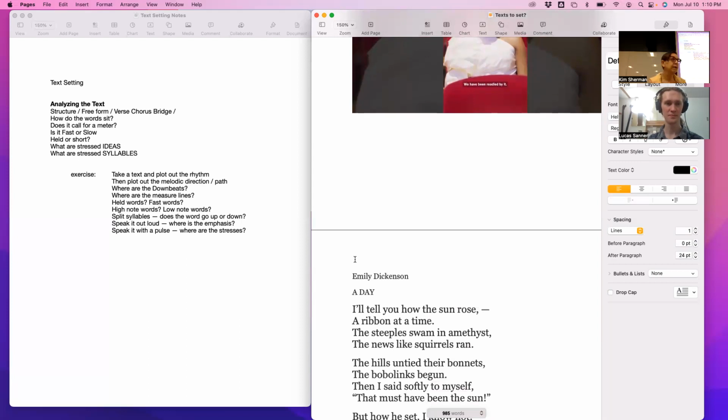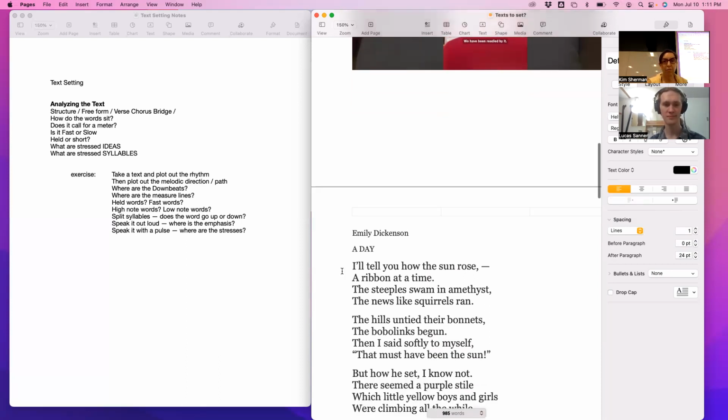Even if, a lot of times we're collaborating with a lyricist. We may be writing our own lyrics, but we might be collaborating with a lyricist. And so I always ask the lyricist to read it. Like, what are you hearing? It's interesting because they might be hearing it differently than you hear it. So that was one example.